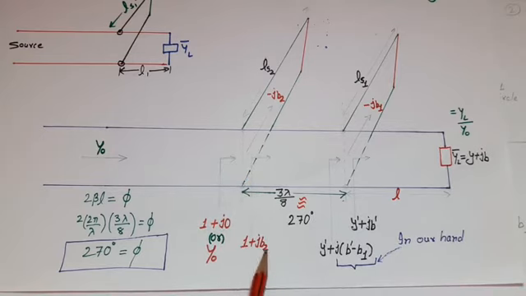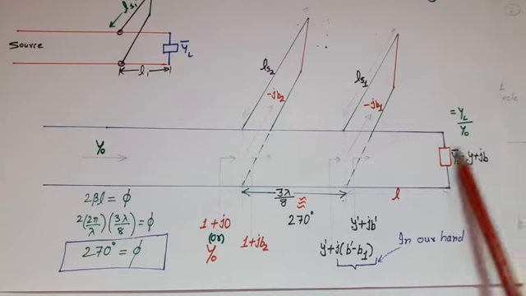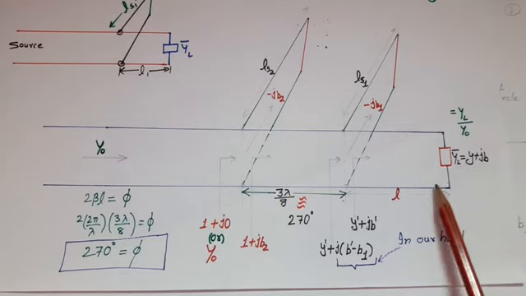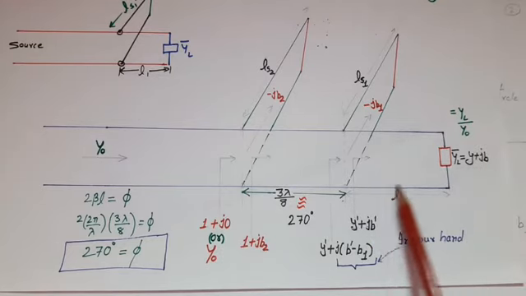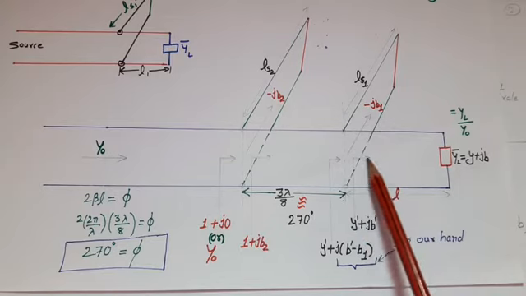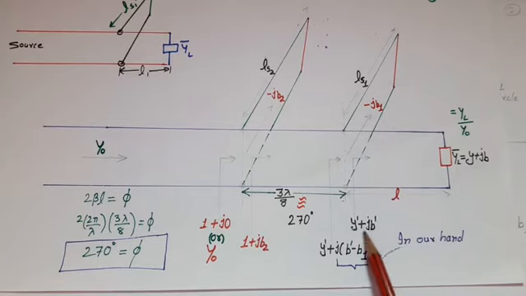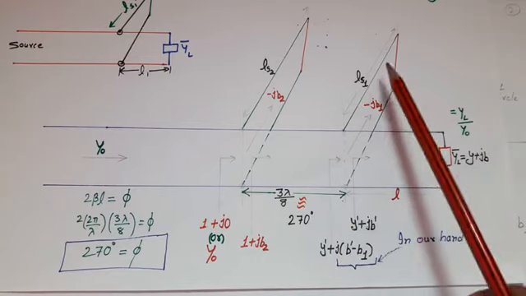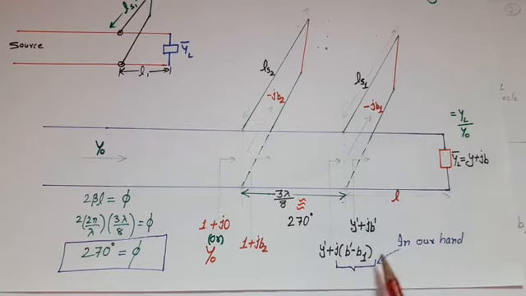Now we come to the load end. Normalized load is equal to Y plus JB. After a movement of L from the load, suppose the admittance becomes Y dash plus JB dash. Y dash plus JB dash is the admittance just before the first stub, and just after the first stub, the admittance would be Y dash plus J into B dash minus B1. Up to here, the marking of admittances is very easy to understand.